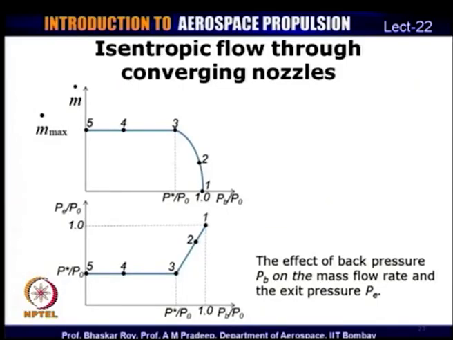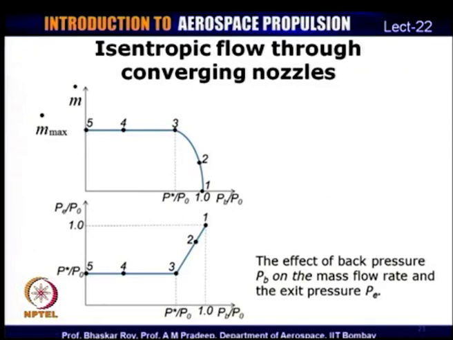So, if you look at the Mach number and the pressure ratio plots, we started off at state 1. If you look at the mass flow rate, it was equal to 0 because the back pressure was equal to the stagnation pressure at the reservoir, so the mass flow was equal to 0. As you start reducing the back pressure, there is an increase in Mach number till a point when it reaches state 3, which was the critical pressure ratio, that is P star, when the mass flow reaches its maximum value. If you reduce back pressure even below that, Mach number does not change, we get the same mass flow rate,